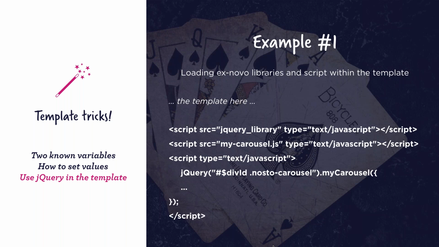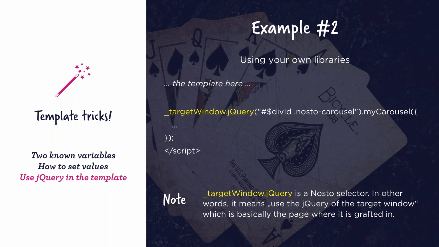And this can be good, but as I said, you also need to take into account the loading time of the website. In case your website has a considerable loading time, maybe it would be better to go for the second solution, which is to use the libraries which are already loaded onto the website. So in this case, at the bottom of the template, we can use the selector underscore target window.jQuery, which I have highlighted in yellow,